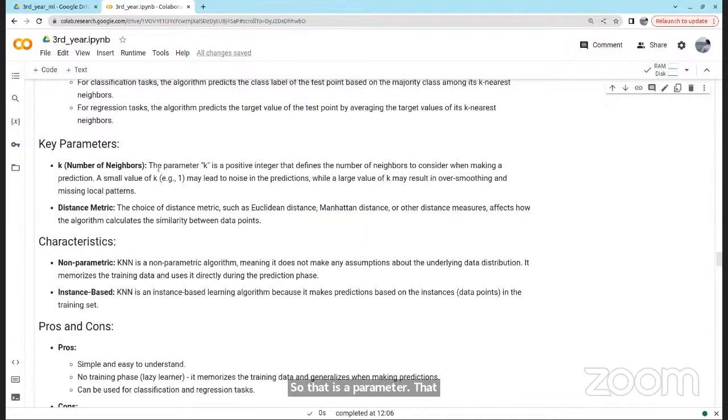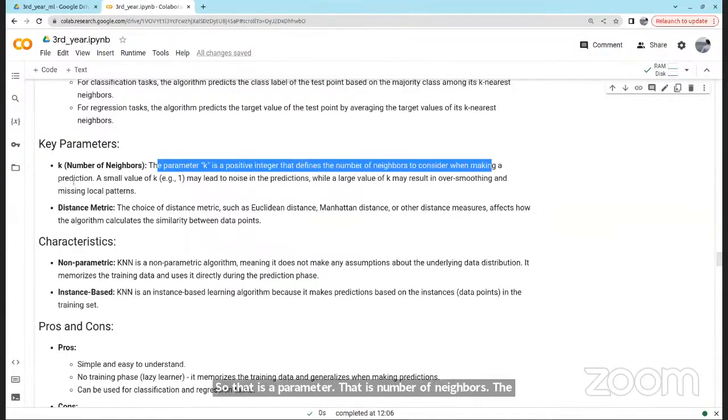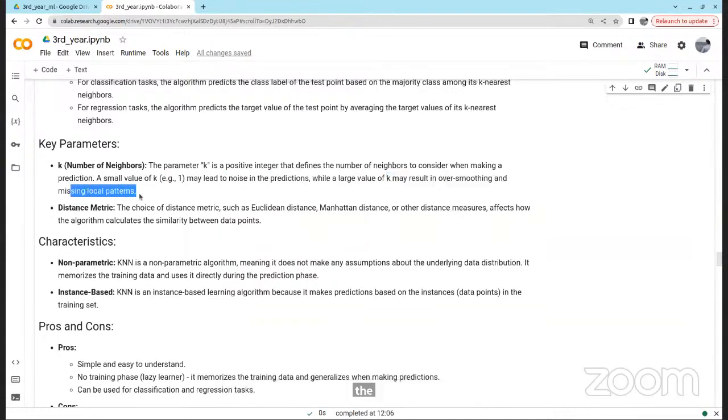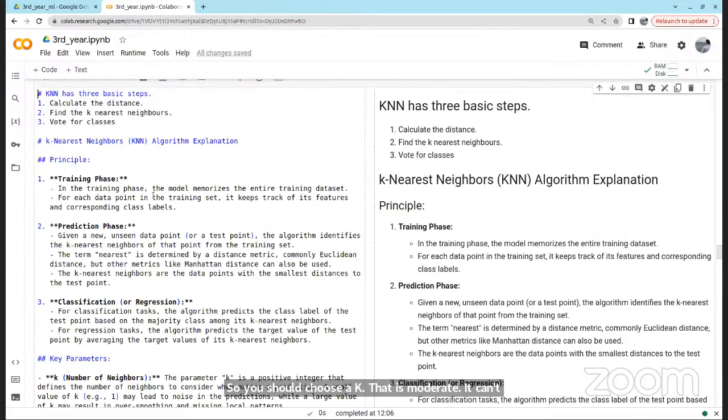The parameter k is a positive integer that defines the number of neighbors to consider when making a prediction. A small value of k, for example 1, may lead to noise in the predictions, while a large value of k may result in over-smoothing and missing local patterns. So you should choose a k that is moderate. It can't be very high, it can't be very low.